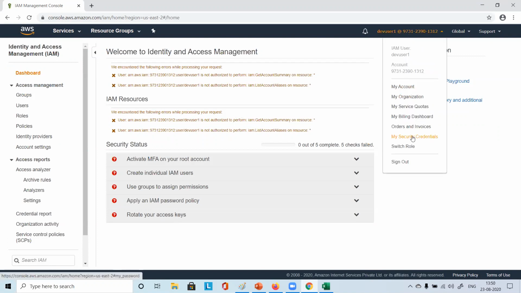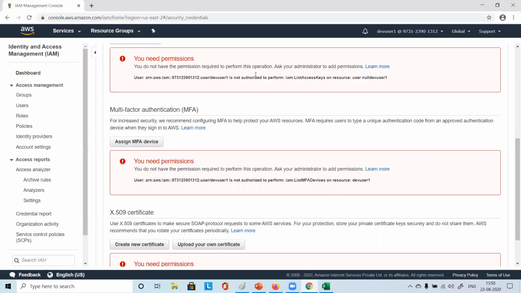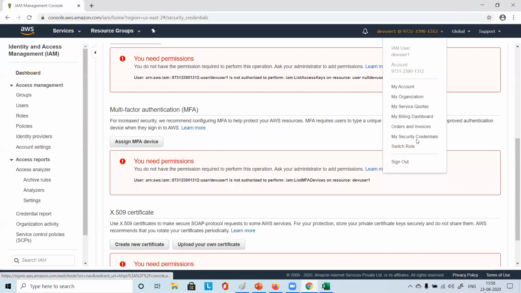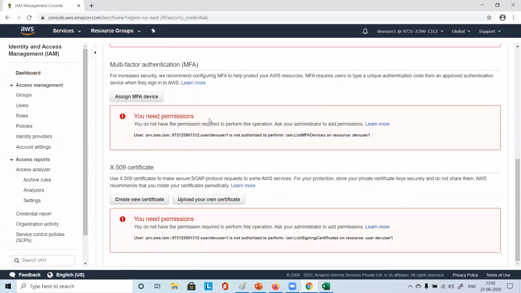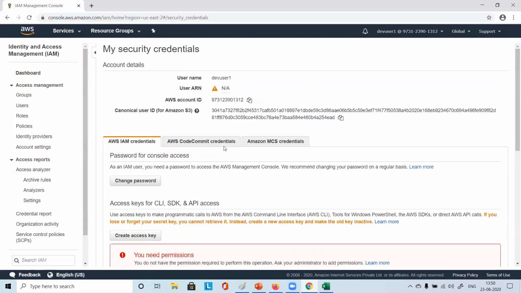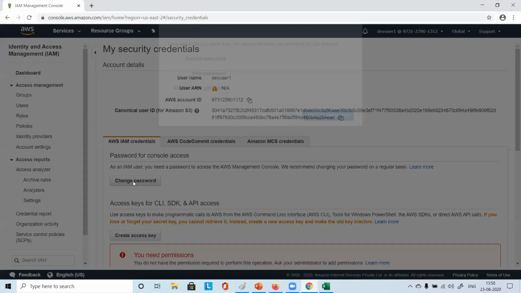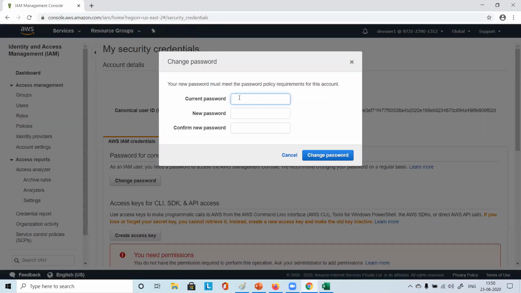Okay, it says you need permission. You went through this security credential. It says you need permission, you need permission, you need permission. So AWS IAM credential, password is there, change password, current password.